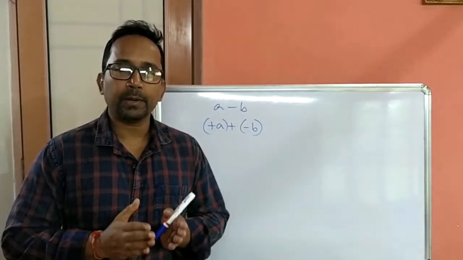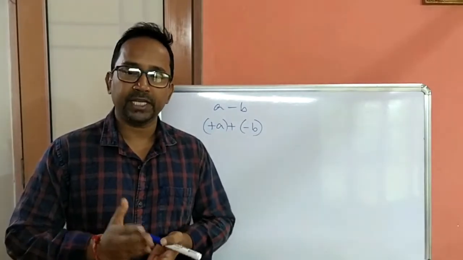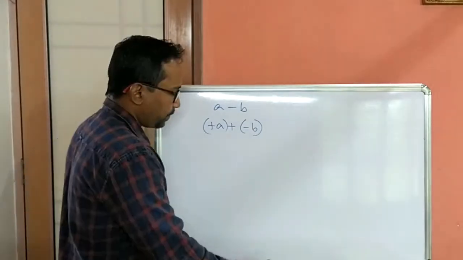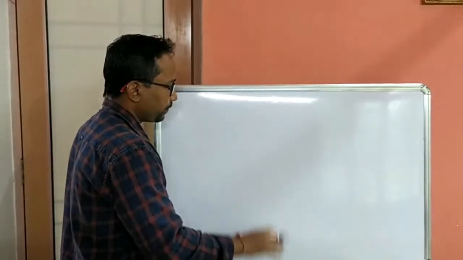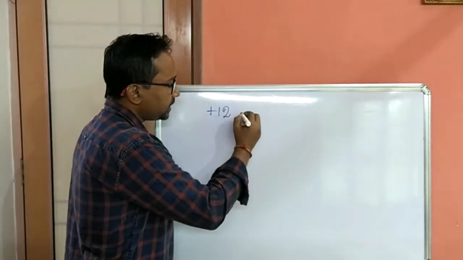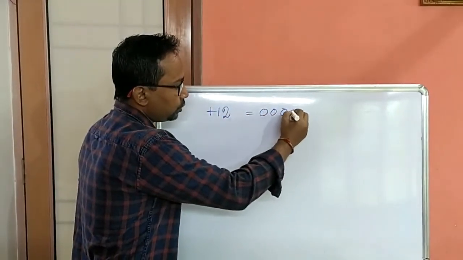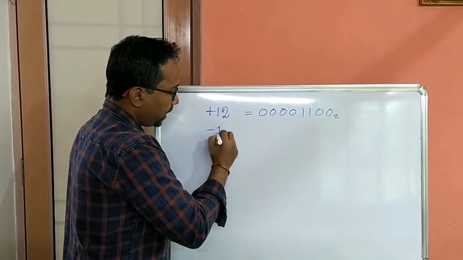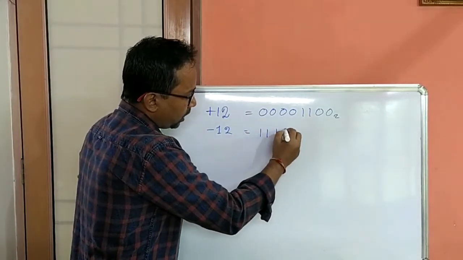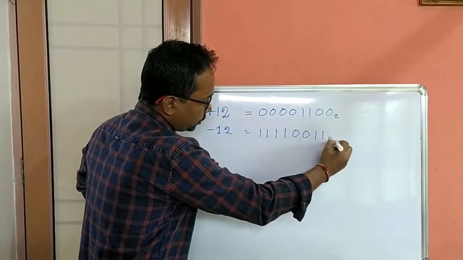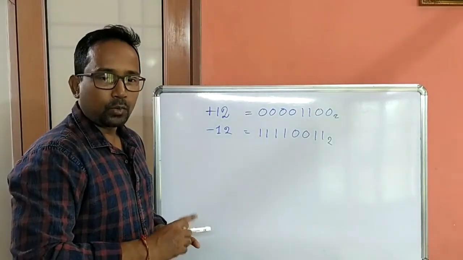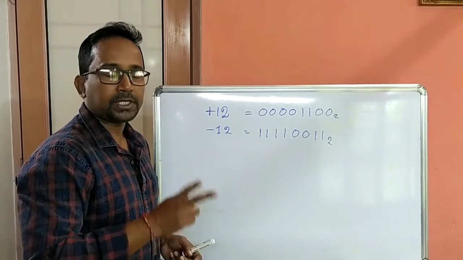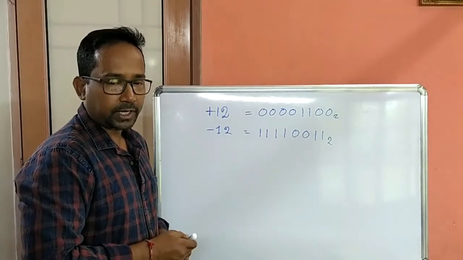As we know, a negative number can be represented in ones complement by changing all its zeros to 1 and vice versa. That means if a positive number plus 12 is represented as 00001100 base 2 in binary, then minus 12 will be 11110011 base 2 in ones complement method. In ones complement arithmetic the numbers are added including the sign bits, but remember we have to represent a binary number in 8 bits. So let's have a try.